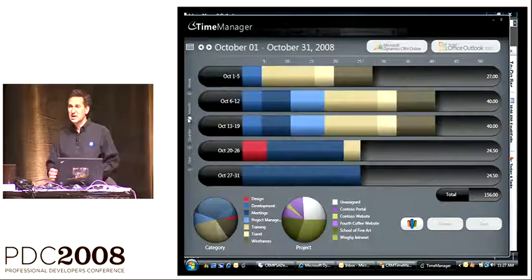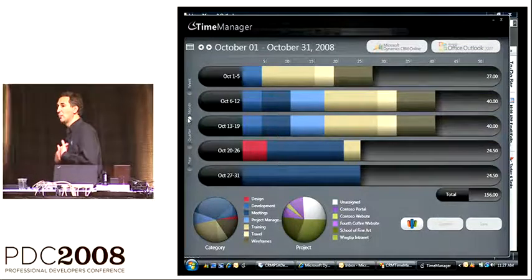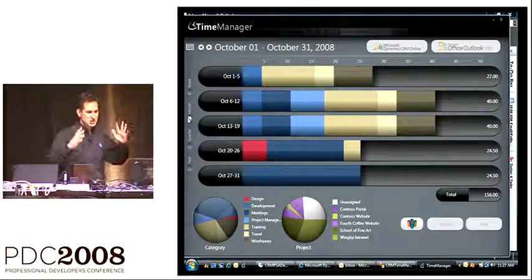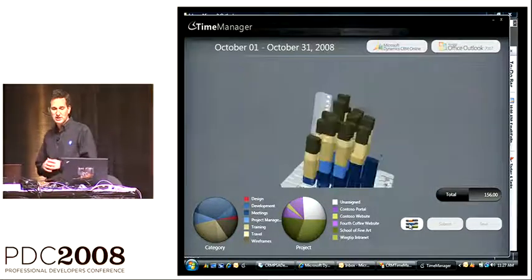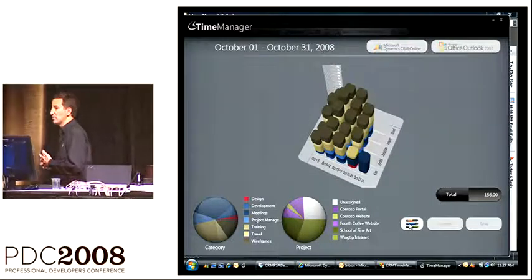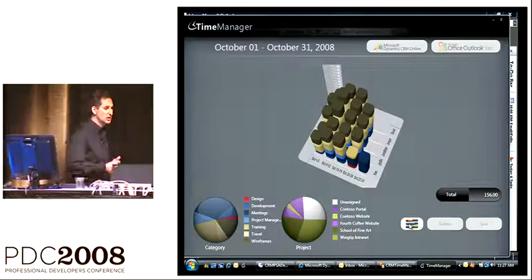One of the things that I may want to look at is the ability to compare how I'm working with my team members. And so you're starting to add lots of dimensions. In fact, the easiest way to do that would be to look at it in a three-dimensional view. And here again, we're taking advantage of some of the platform capabilities of WPF. Again, this is not something that would be very easy to do in